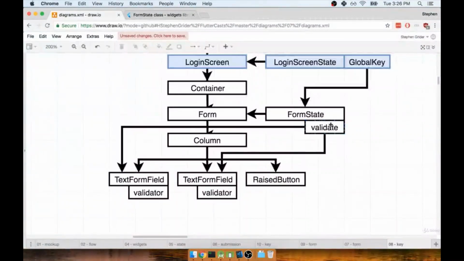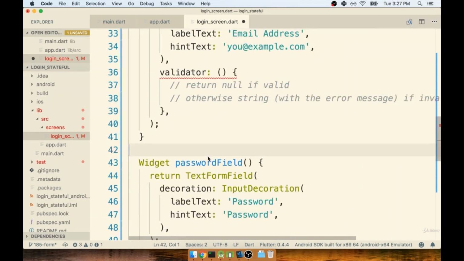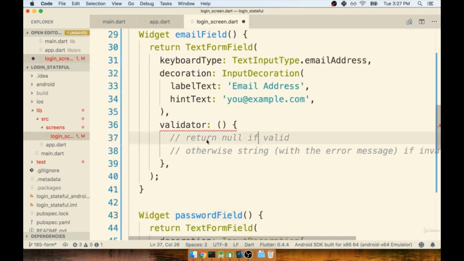In the last section, we spoke about how calling the validate function on the form state object finds all the different text form fields and invokes the validator property that has been assigned to each one of those text form fields. So in this section, we're going to define our validator function on both our email field and the password field as well. So when the validator function is called, it receives as the first argument the current value of